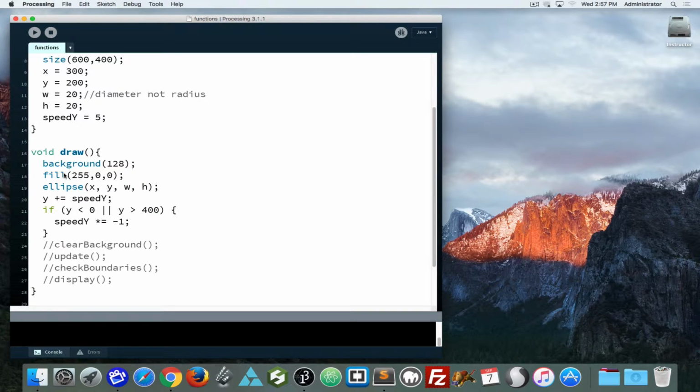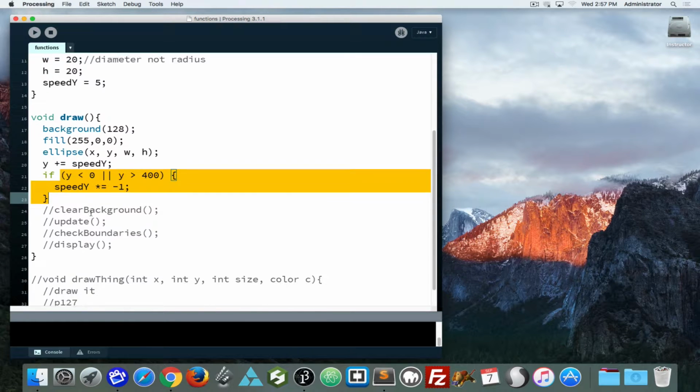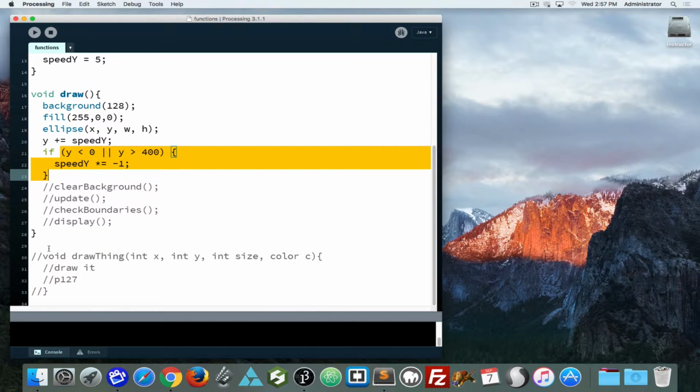So right now I have background as an instruction, fill, ellipse, and then I change my speed Y, then I find out if I've hit the boundaries and modify it. Well, that's okay. But instead,